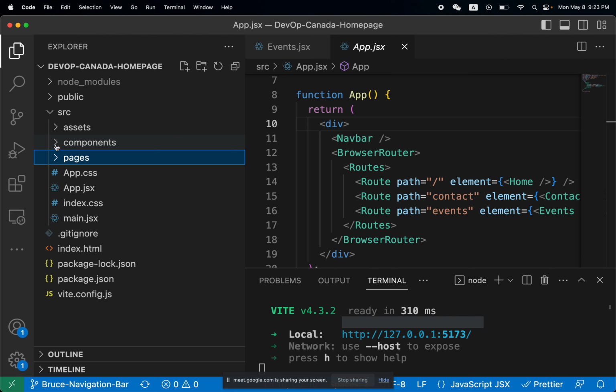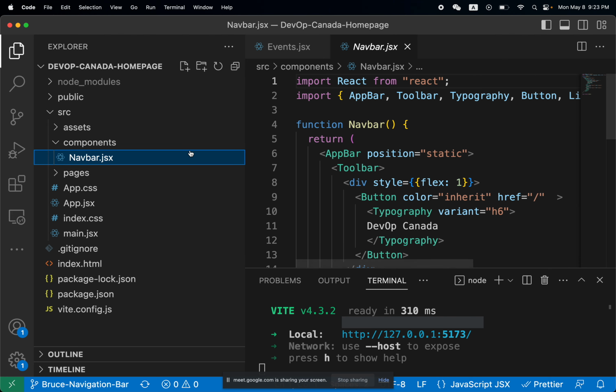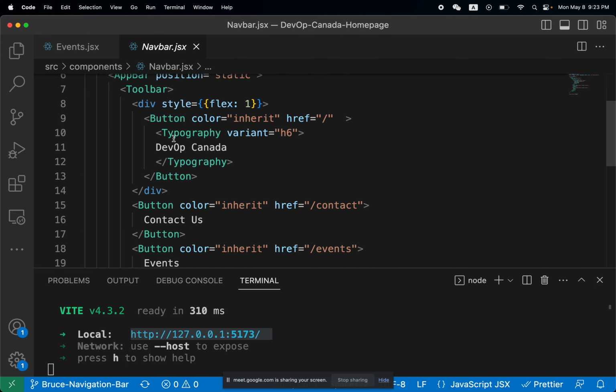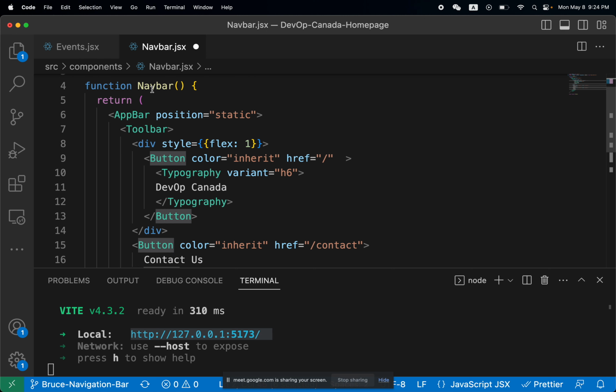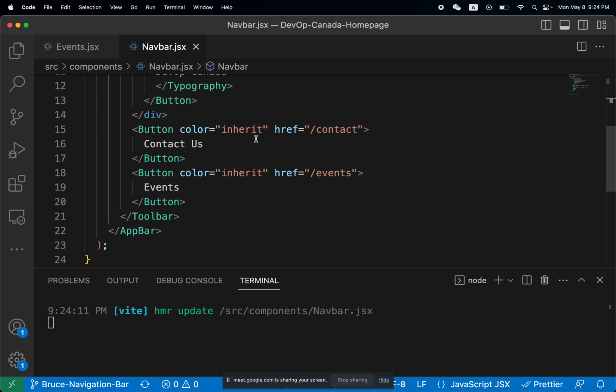I put that in a separate component page, and it looks maybe a little bit scary in the beginning, but let me explain what each part of it means. First part, I import from Material UI, and this link I'm not using, which I should probably delete. And I import an app bar, a toolbar, a typography, and a button, and I'm using them in the navbar component. As we see when it was returning, I was returning this app bar as a whole, and then underneath